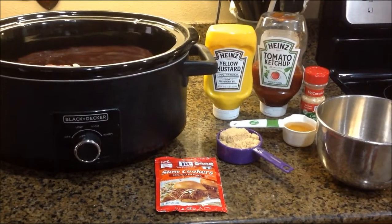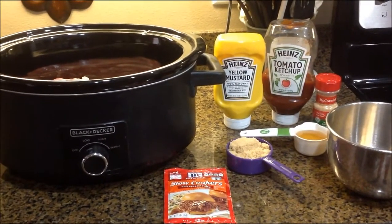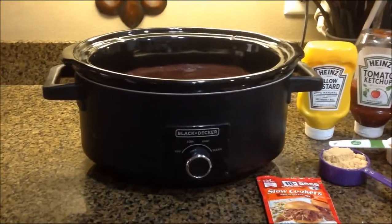Alright, I'm going to show you how to make pulled pork in your crock pot. This is an easy meal to set before you go to work and enjoy that evening. You're going to need, of course, a slow cooker,